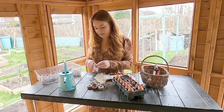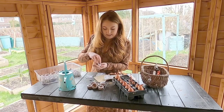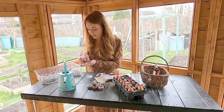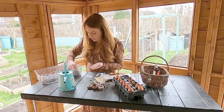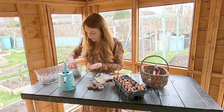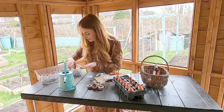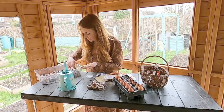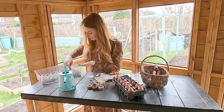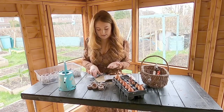So we're just going to grab our seeds. And again, these are really small seeds. And they're absolutely tiny here. So I'm just going to pop one in each of these coir pots. And then I'm just going to move the coir around to just cover it up slightly. Doesn't need to be deep planting. There you go. And that's it. So I'm just going to carry on doing all of the tomato varieties that I've got, and